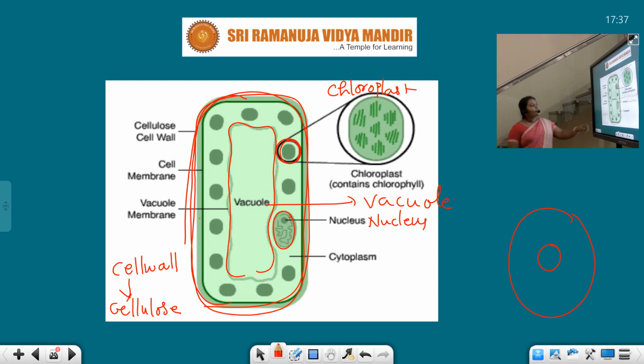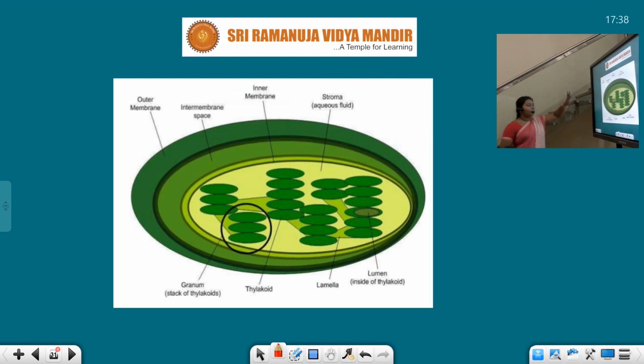Chloroplast. Now, this chloroplast has the pigment known as chlorophyll. In the previous slide, we have seen the cross section of the leaf. Now, I am telling about the structure of the plant cell. Now, let us study the chloroplast in detail. Whatever we are discussing about photosynthesis, this photosynthesis procedure is going to happen in this cell